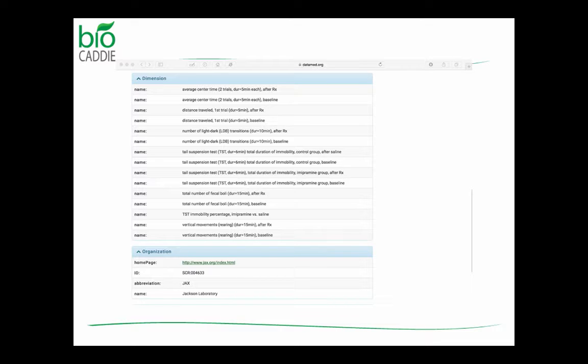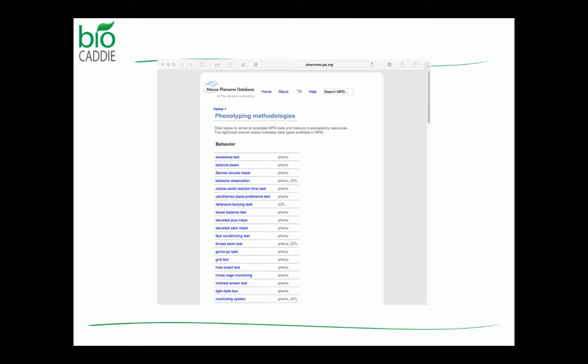But that's what these data elements are, but they're a level down from being a measure of depression. It's not signposted as a measure of depression or a measure of anxiety. What is also interesting is that there in the mouse phenome database,